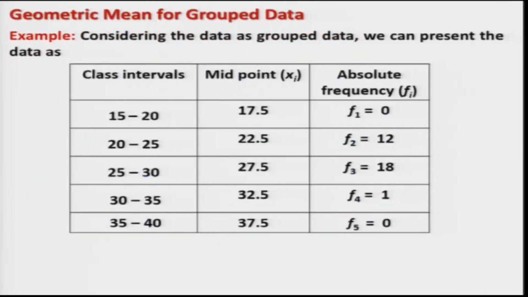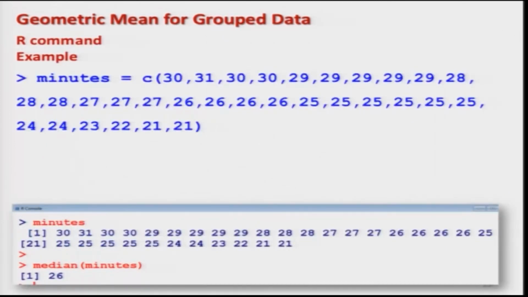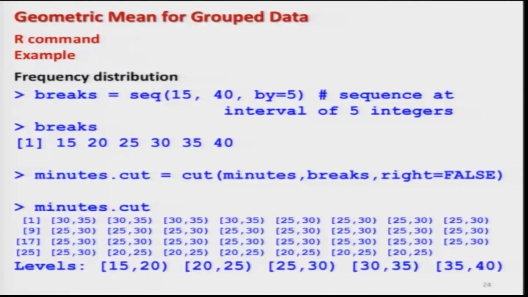And considering this data as a group data, we can find out this frequency table that we already have discussed, and based on that I have this data here, that is the same data. And now first I need to extract the frequencies. How can it be done? You may recall that in the earlier lecture in the case of median, I had shown you how to extract the frequencies from a group data. So, I am not going to explain it here again, but I will simply be using the same command that I had used in the case of median.